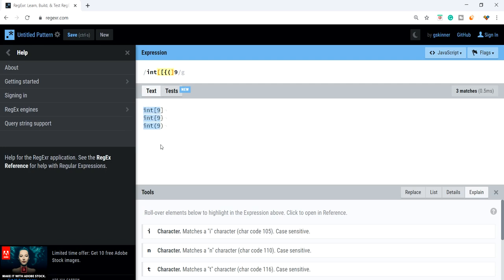Now we have to work for closing braces. So for this, I'll make a character set. And here, I'll define first parenthesis, it's taking it, then curly braces, it is also taking it and matching the strings. Now let's apply square brackets.